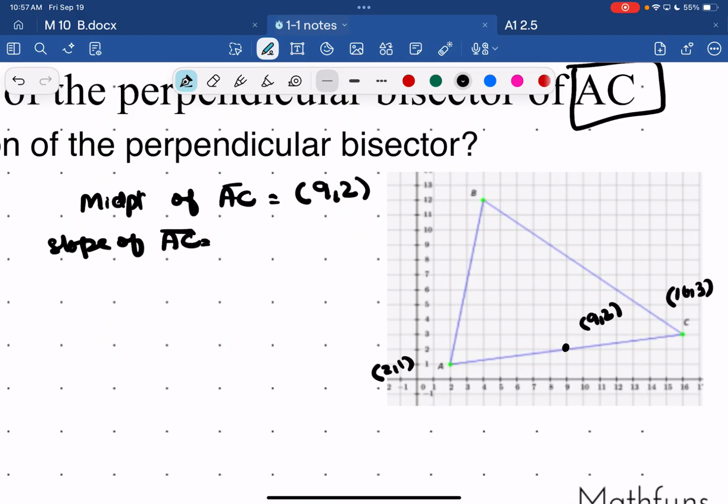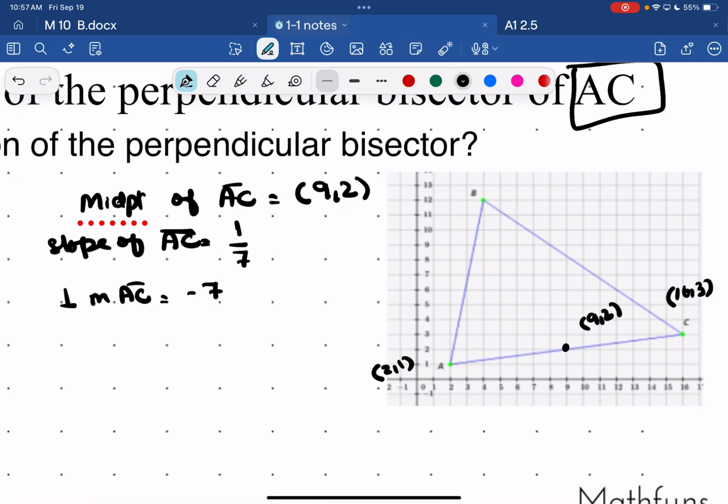Rishabh, go ahead. 1/7. So the perpendicular slope of AC would be